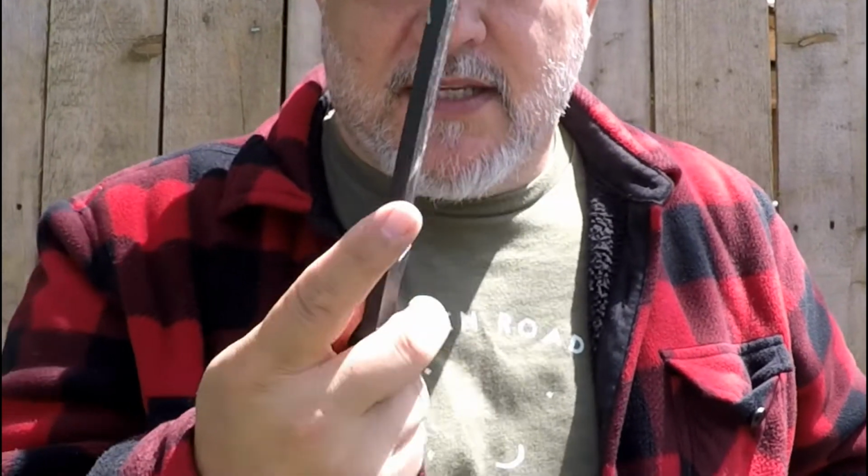Great monster knife. You want a knife that goes through wood for batoning and for chopping. It's got 1/4 inch thick blade. This stuff goes through wood like butter, and be careful, because